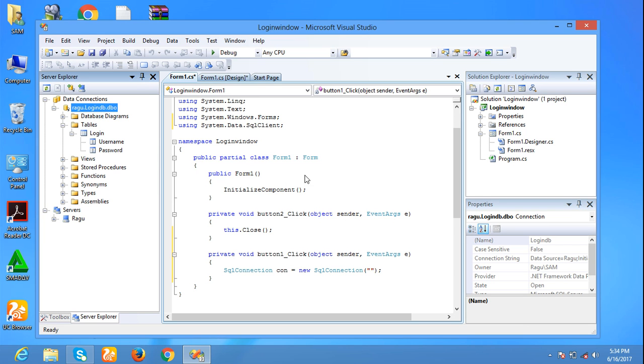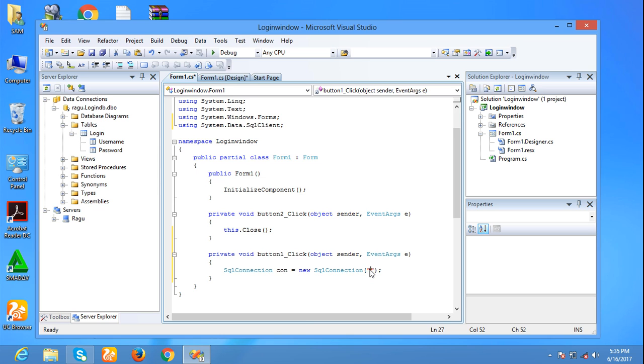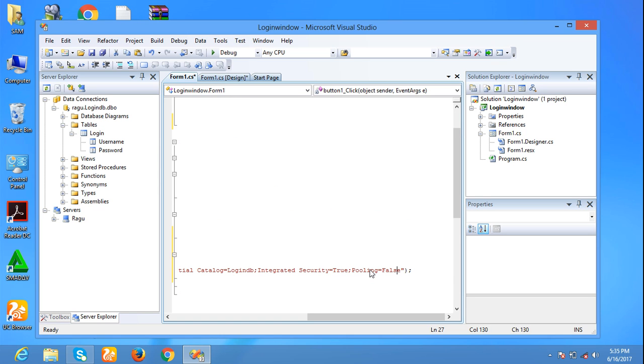Click this database, in the properties, connection string. Copy this connection string and paste it here. Before the double quotation, put the @ symbol.